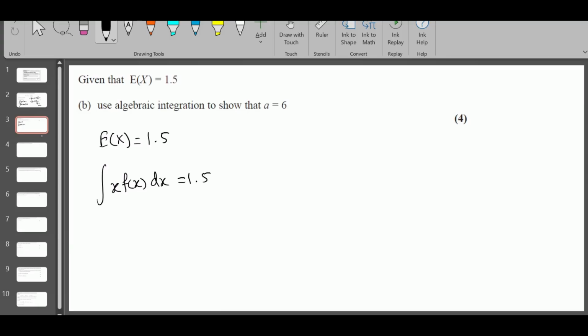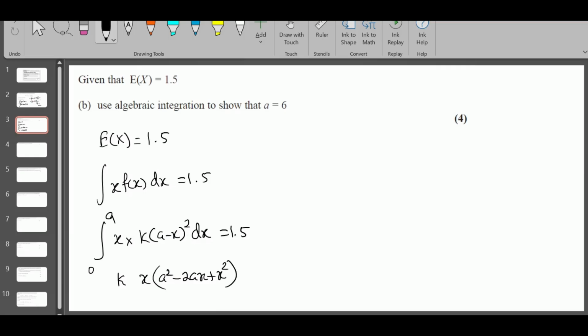So the integral from 0 to a of x times the function k times (a minus x) squared dx is 1.5. So integrate, sub in the limits, and get the value of a. I'm going to keep k outside: x times a squared minus 2ax plus x squared, dx, integral 0 to a,